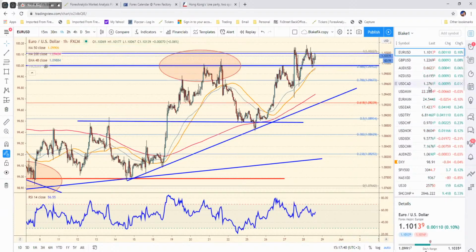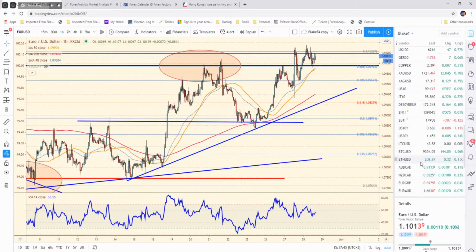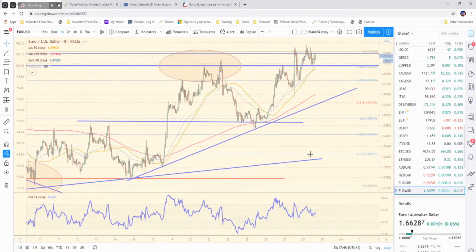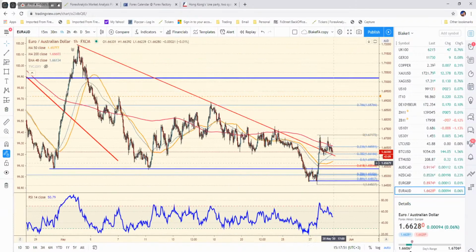And then another example overnight was the Euro Aussie. I have very small exposure right now, long, but what I was hoping for is we'd get a quick dip, because I knew that the Aussie dollar is up against resistance. And I'm generally speaking bullish the euro right now. So what I was hoping is that we'd get a dip down here towards the 618, the 618 retracement,